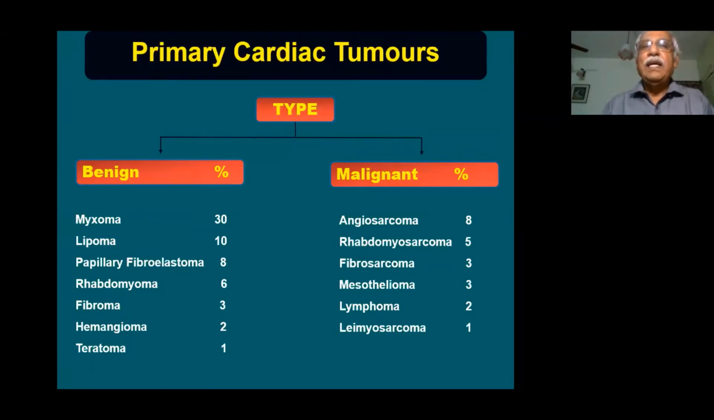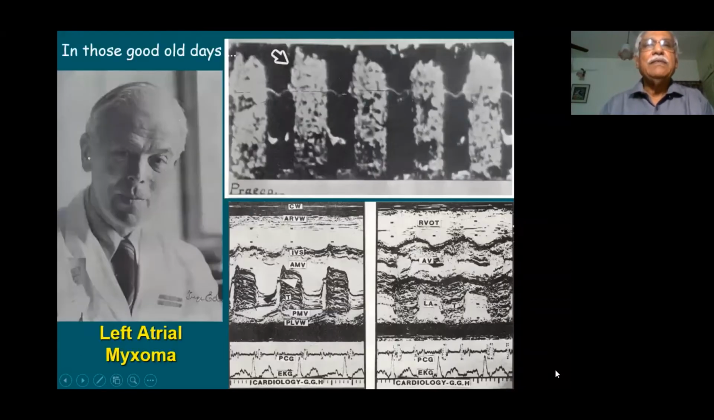Mesothelioma, lymphoma, and leiomyosarcoma are the other types of primary malignant tumors which can happen inside the heart. This is a person you must be knowing. He is the father of echocardiography, Dr. Inge Edler. So this is one of his recordings of left atrial myxoma, one of the earliest recordings of M-mode echocardiography of a patient with left atrial myxoma,